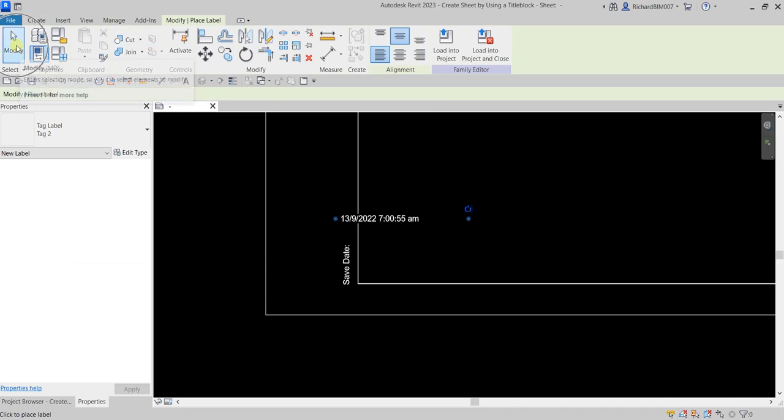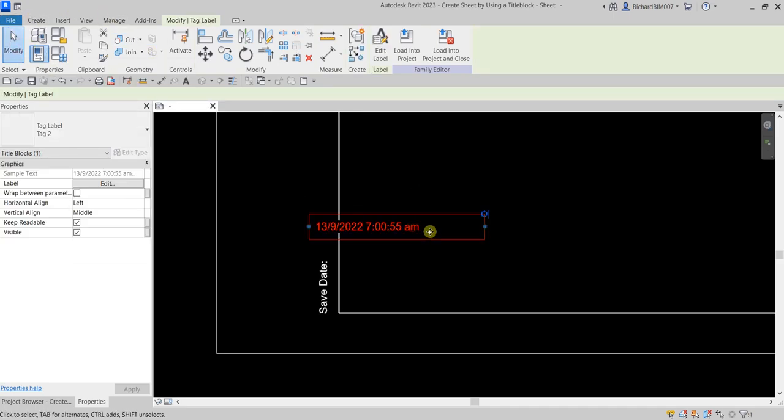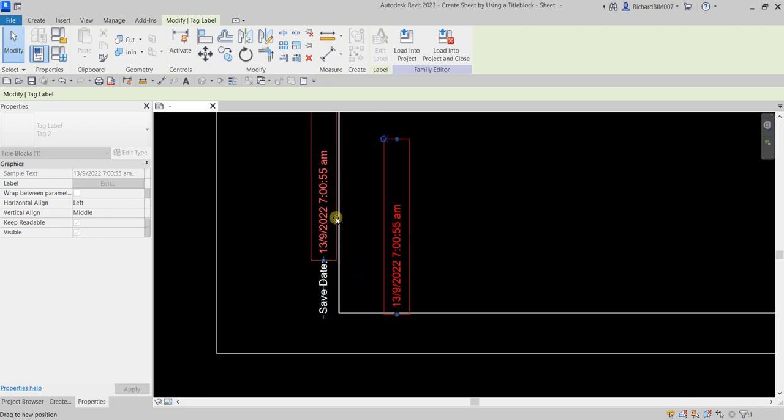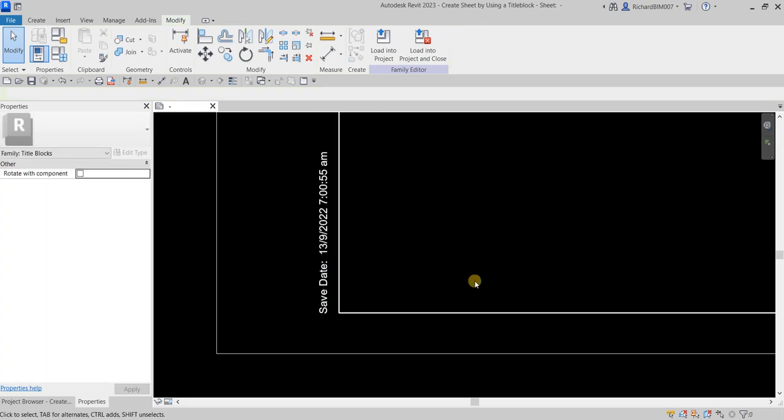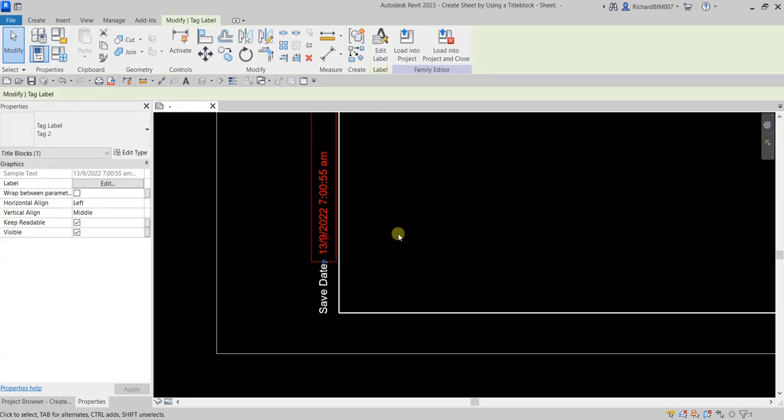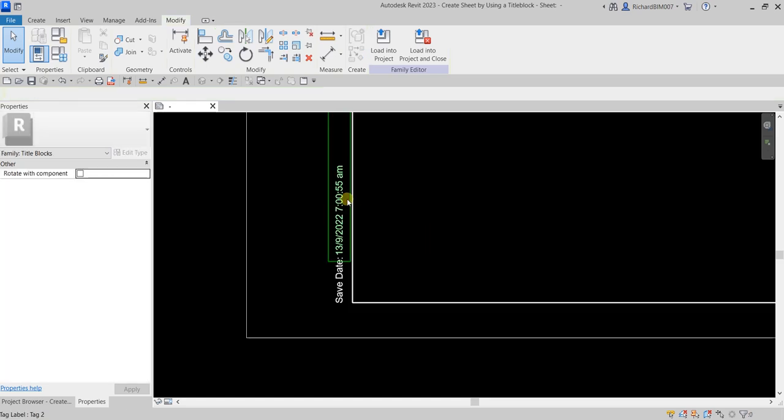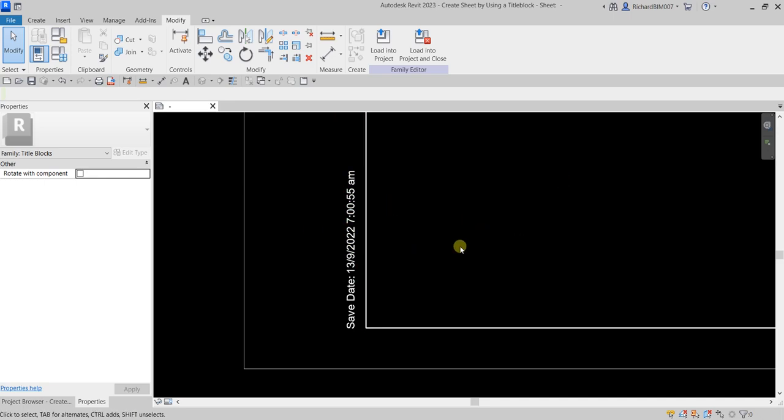And then let's select here modify. Again, I'm going to select this one, and then I'm going to rotate that. Then let's move that. You can also use the arrow keys on your keyboard to move your date. There you go. Okay, so this is going to be updated automatically. Now the next thing that I'm going to do here is create a sheet, and then we